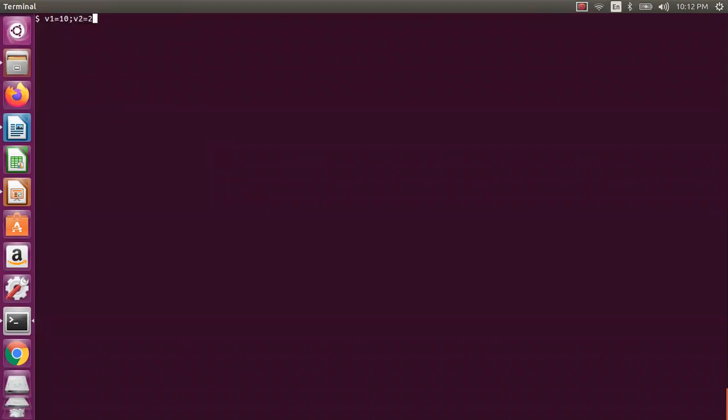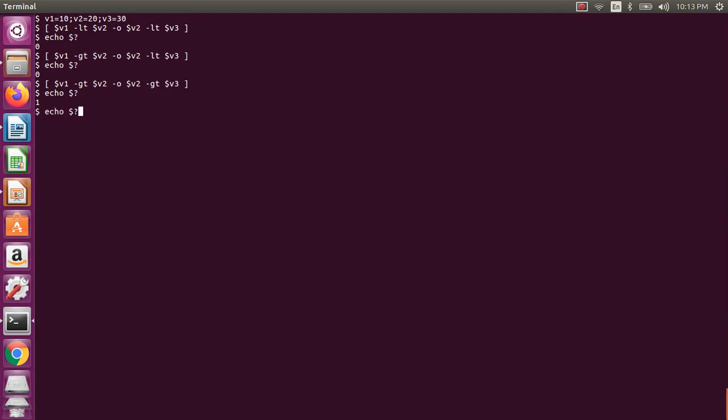I take v1 equal to 10, v2 equal to 20, v3 equal to 30. Now let us check the expression: v1 less than v2, or v2 less than v3. This is true because 10 is less than 20 and 20 is less than 30. Now let us check the same thing with greater than on one side, which is false. Again it will be true because that is the or operation. Now let us check with greater than on both sides, which will be false. That is the or expression.